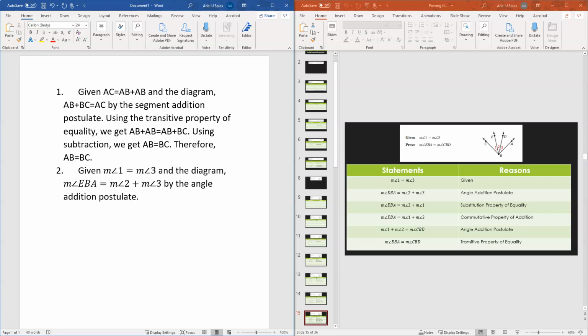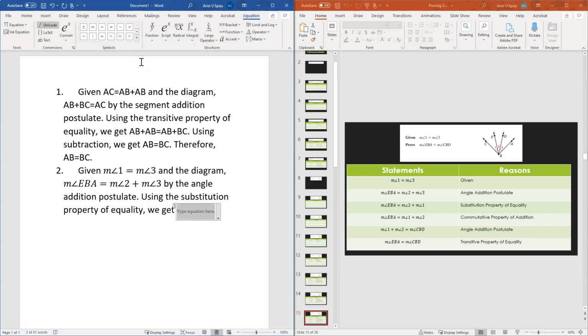Then I want to move on to my next line from the proof. I have that measure of angle EBA equals measure of angle 2 plus measure of angle 1 by the substitution property of equality. So I would say using the substitution property of equality, we get